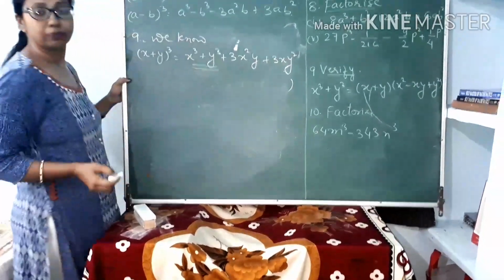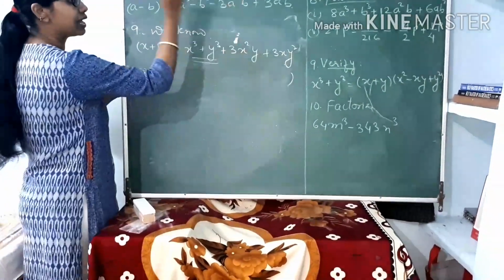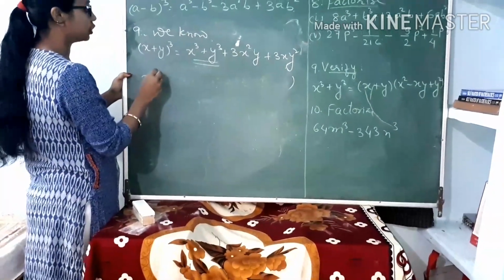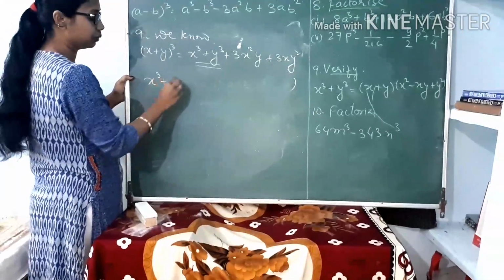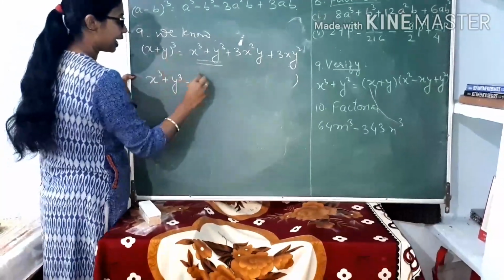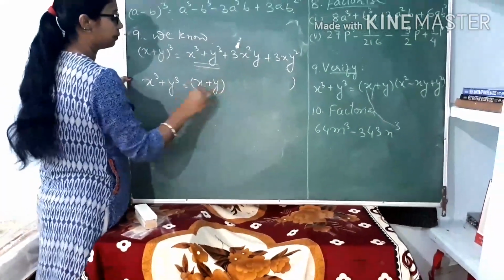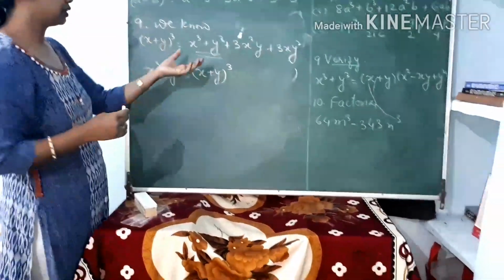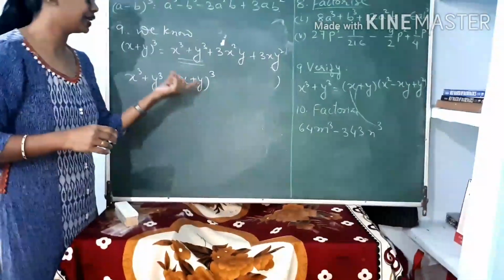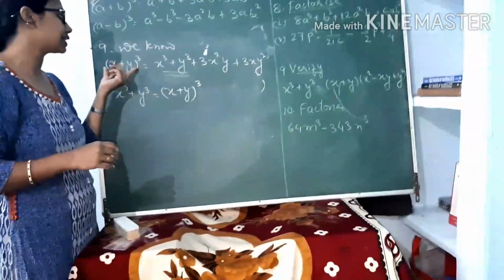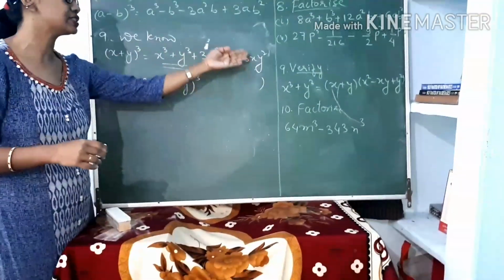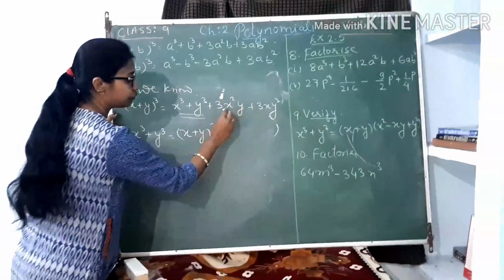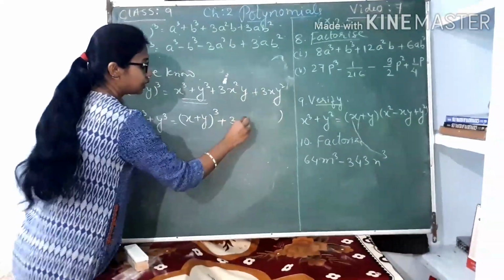Leaving these values here, put all the other values on the left hand side. Can you write down x cube plus y cube and then (x plus y) whole cube? Interchanging the position so that it will be easy for us to write. Bring these two values here. Use the compact form instead of the expanded form. What was the compact form? 3x